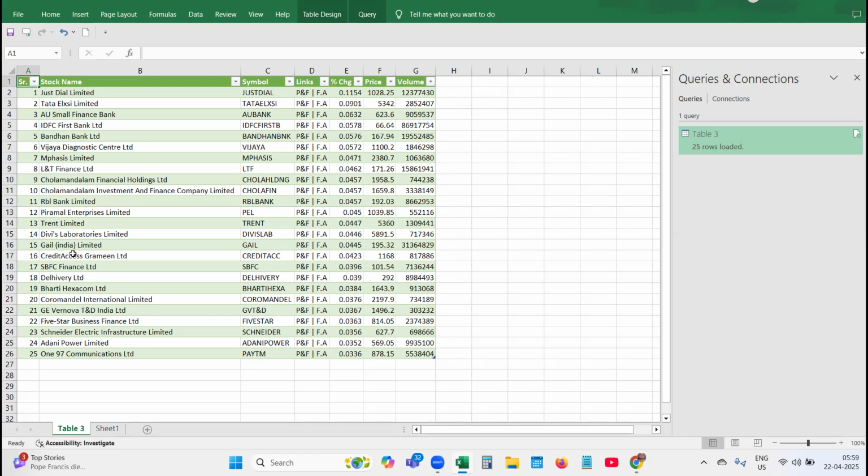Actually, if you click on the volume data, see, Tata Elxsi does not have that much volume. Even though that much volume is not there, it has given a very good appreciation, more than 7% or something. Why is it giving this percentage change?